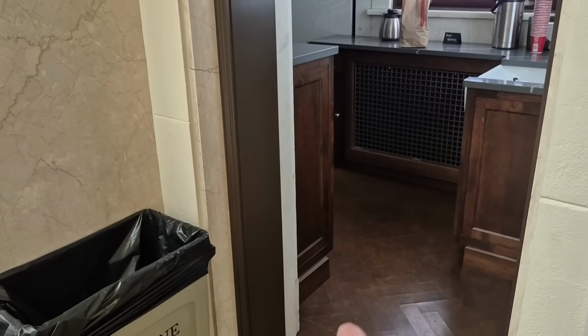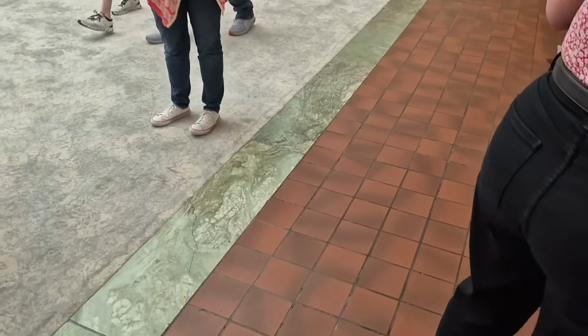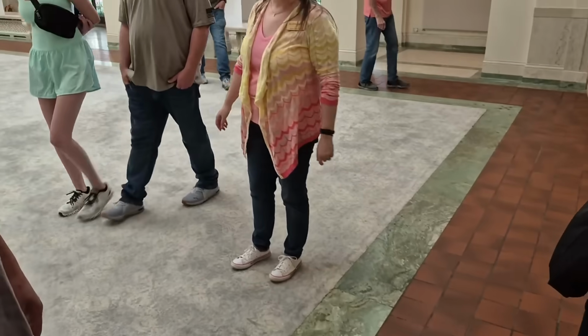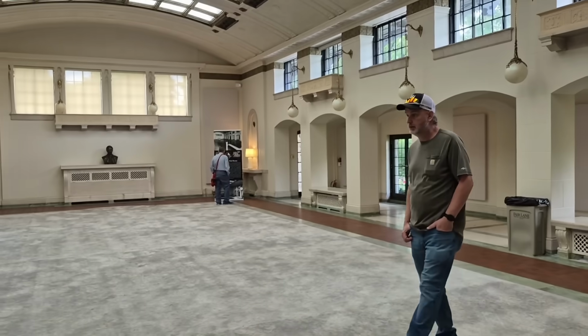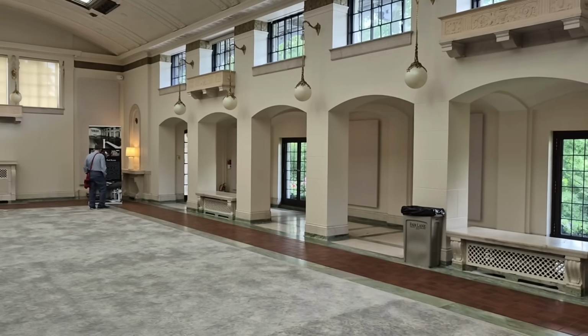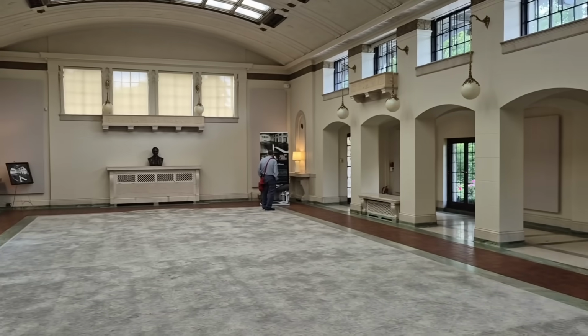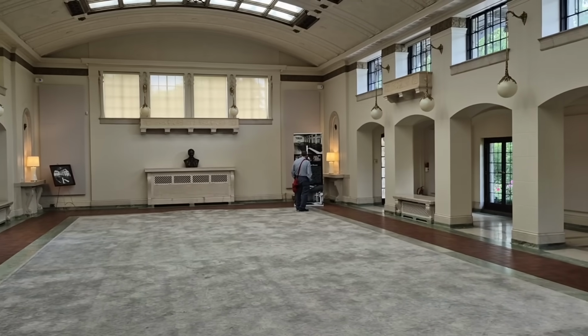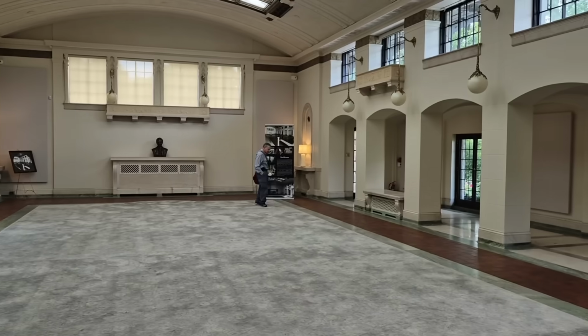So this cork floor here is original. Yes. And that's what used to be out here? Used to be the red tile. Used to be all cork. Wow. So the restaurant was here for a good amount of time. People still ask us at least once a week when it's coming back. It's not. Sorry. But this will remain our larger event space, and we just put in the acoustic tiles on